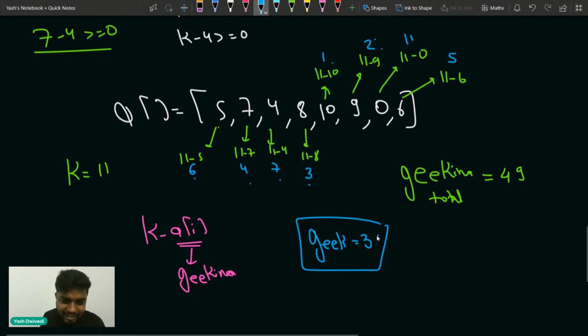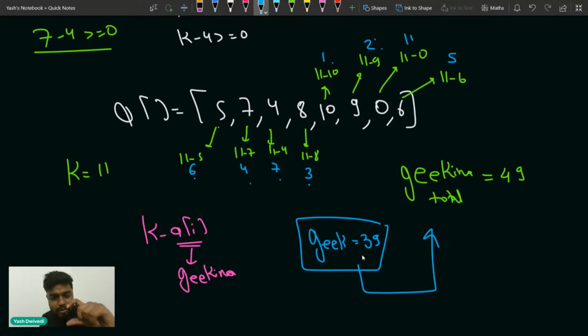So is geek able to drink more than geekina? Tell me. Thanks a lot for correcting. Don't go on my calculation, go on the observation. And if you're clear with the observation part, you can hit the like button, guys. So you will see, is geek able to drink more than geekina? If every juice was present 11 liters, let's say, is geek able to drink more than geekina? No, he is not.